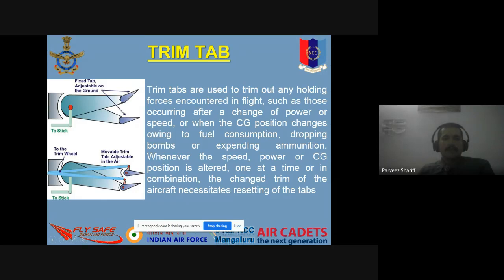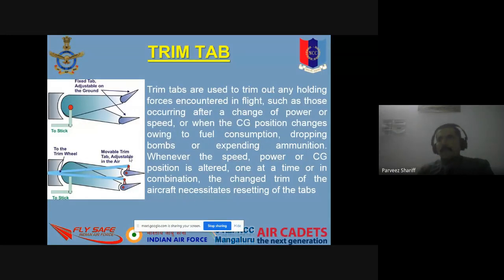Basically, it is movable. So this trim tab is fixed at one certain position, which basically controls the stability of the aircraft, because the airflow basically oscillates the aircraft, and to counter this effect, the pilot cannot continuously move the stick forward and backward. So there should be some automatic control. So this trim tab will take care of this oscillation in the air.